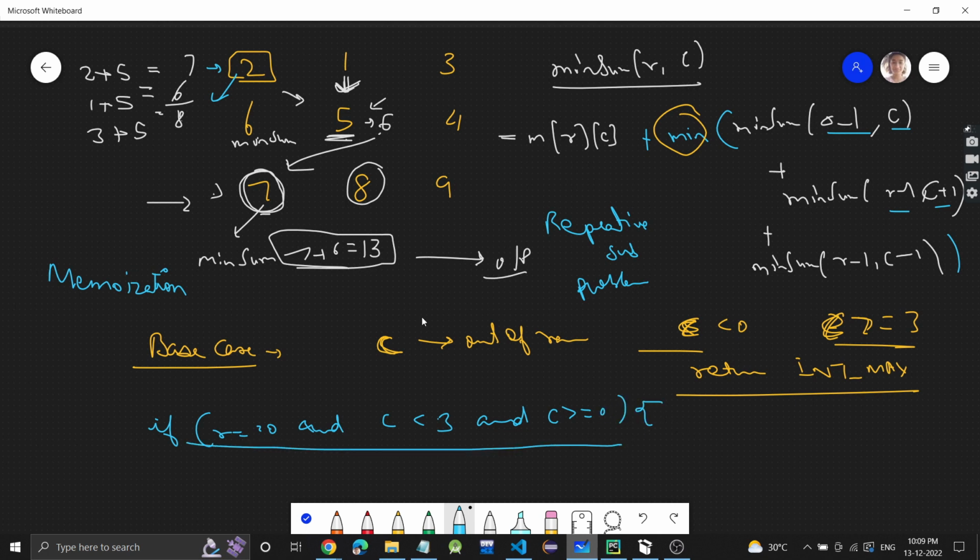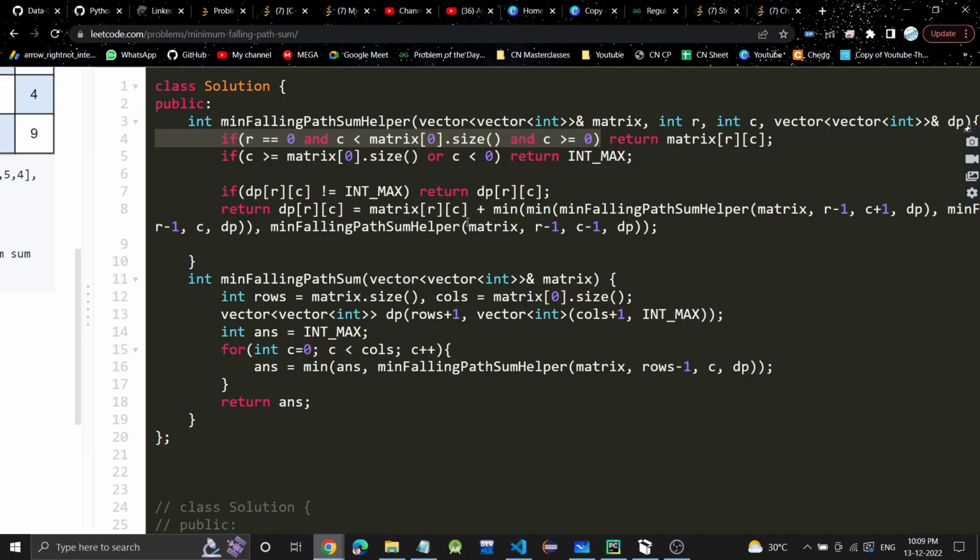So in that case, just simply return whatever is the value here. Return matrix of r comma c. Okay, this is one base case, and this is your second base case.